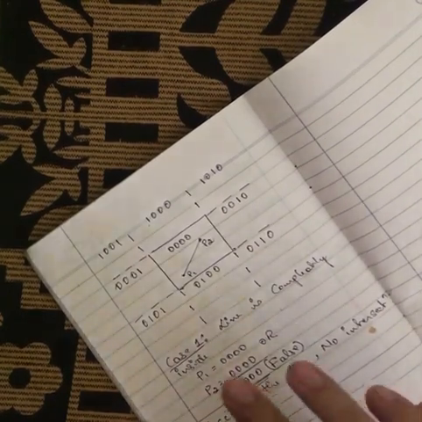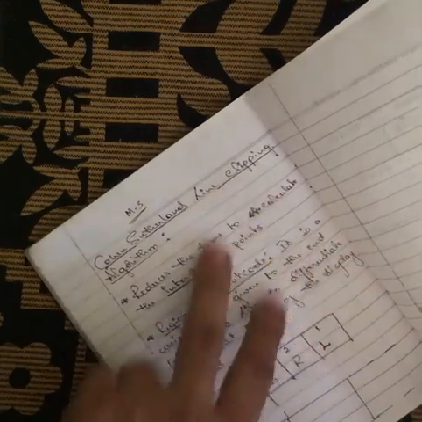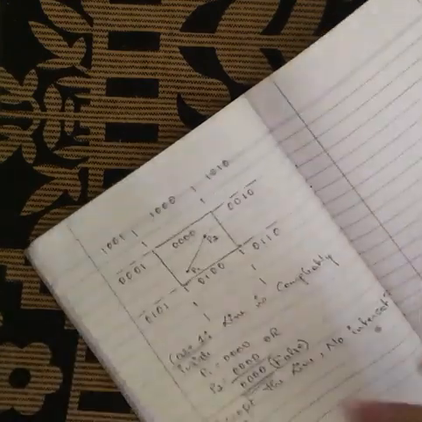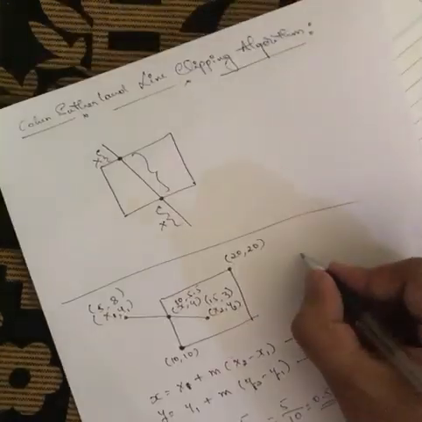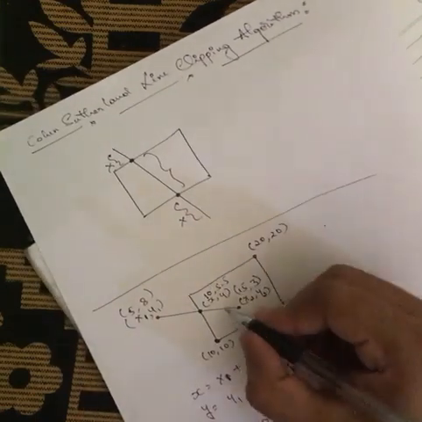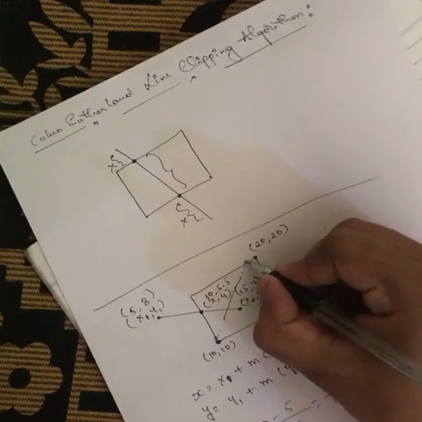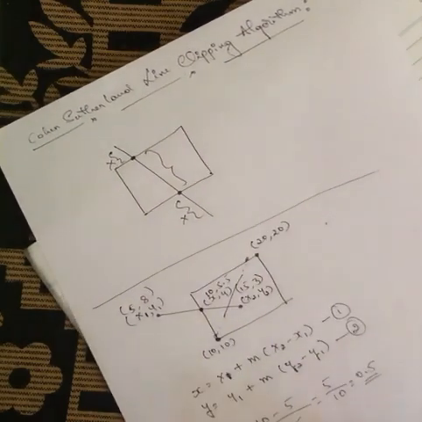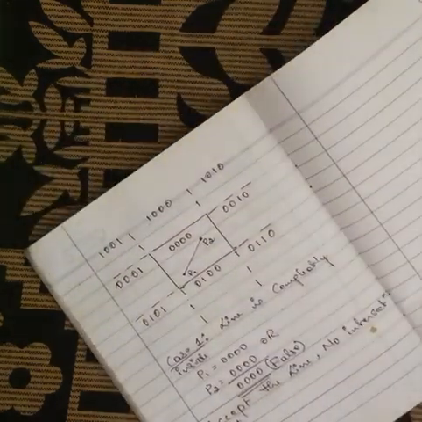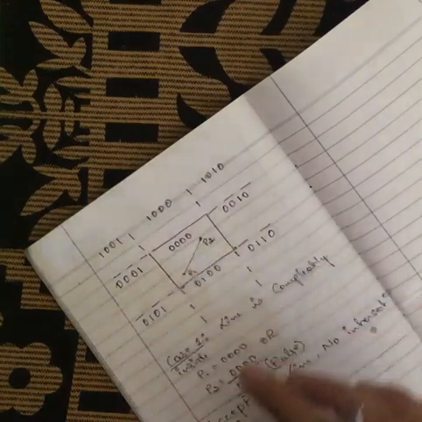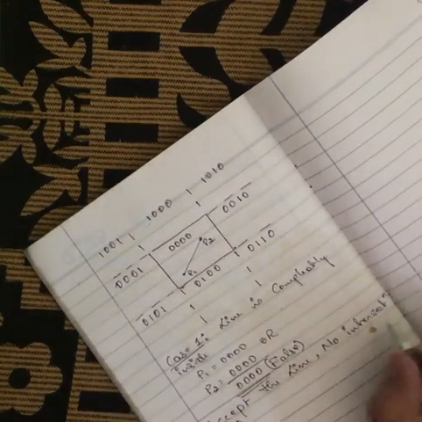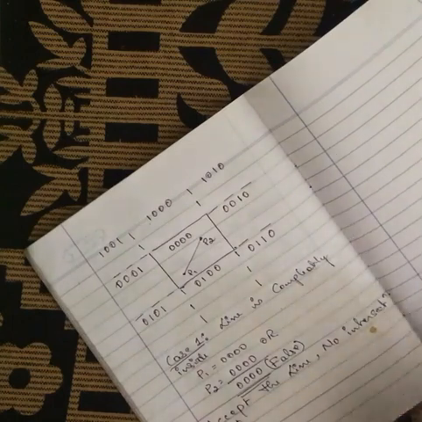If there is no such case, you directly do it by the line clipping algorithm. Then you have to calculate the intersection point. How? You just extend this line, find the intersection point, and then do every calculation again. Now the case we saw says the line is completely inside, so no need to calculate the intersection point. That is case number 1.